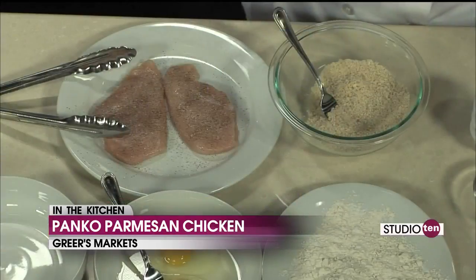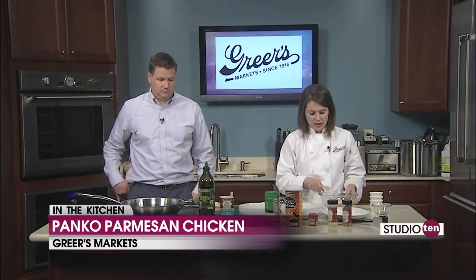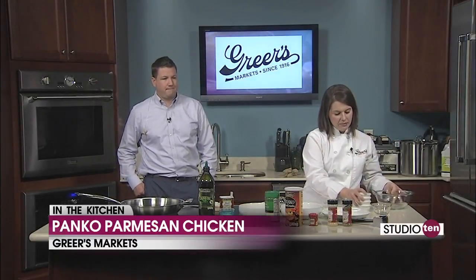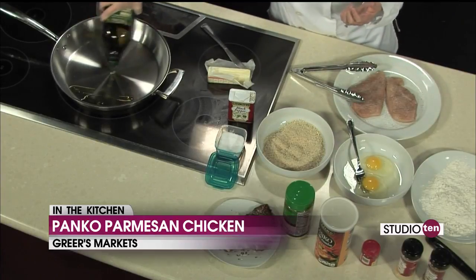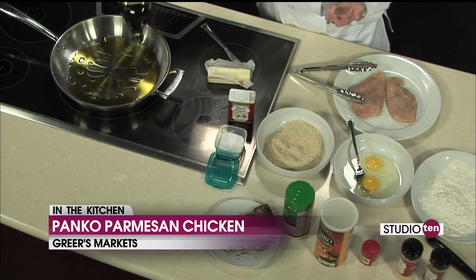All right, so we're going to do these on the stovetop, and we're going to cook them in a combination of olive oil and butter. Whenever you're cooking with butter at a high heat, and we're going to be medium high, you have to watch out because it can burn really easily. So that's why we want to do a combo with the oil and the butter, so we have a little bit of flavor from the butter, but also olive oil, which has a